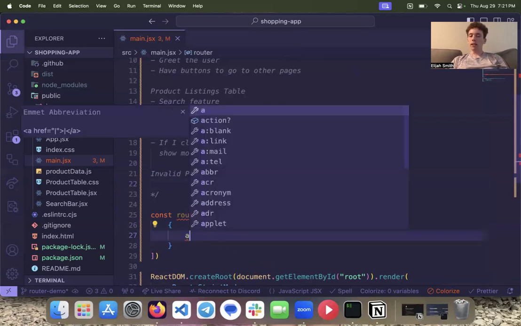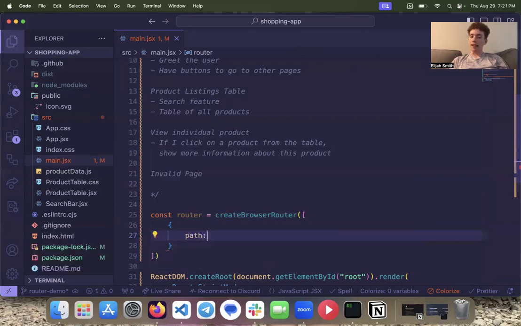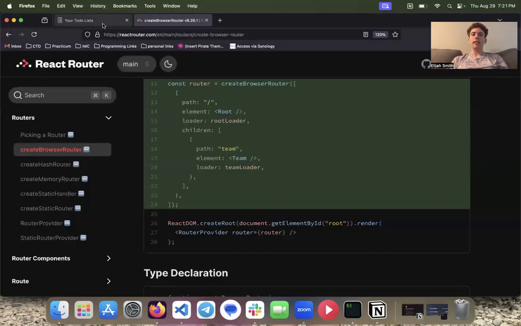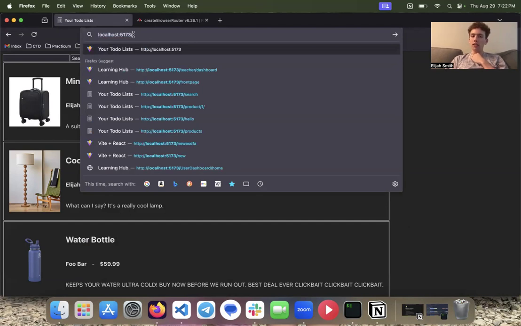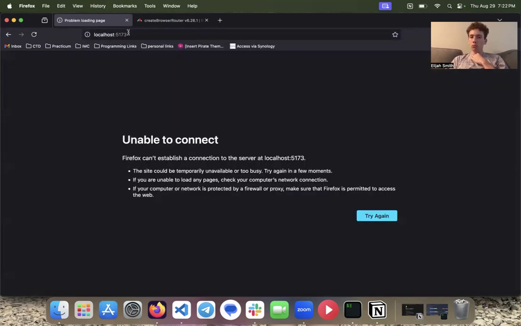Property number one: we need to tell it what the path is. The base URL is not included in the path. It's everything after that base URL. So this path would be /user. This path would be just a slash mark. This is our home route,